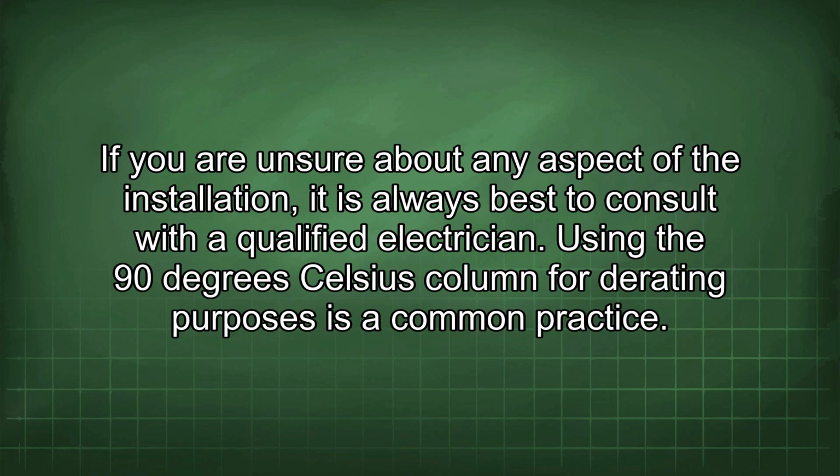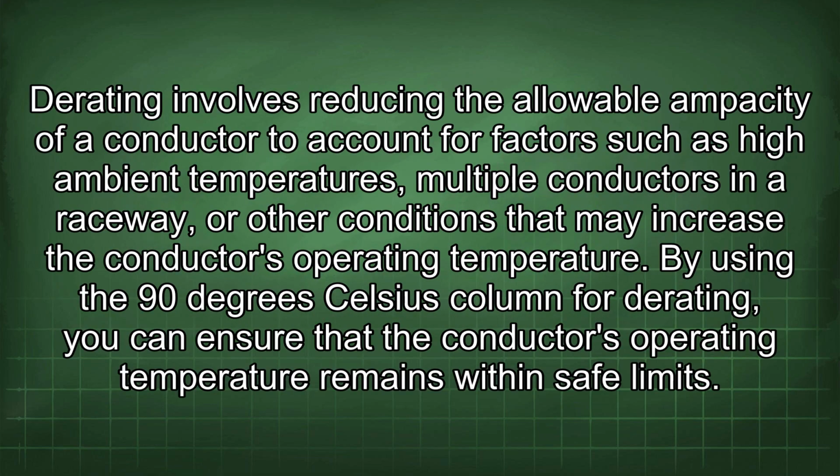Using the 90 degrees Celsius column for derating purposes is a common practice. Derating involves reducing the allowable ampacity of a conductor to account for factors such as high ambient temperatures, multiple conductors in a raceway, or other conditions that may increase the conductor's operating temperature. By using the 90 degrees Celsius column for derating, you can ensure that the conductor's operating temperature remains within safe